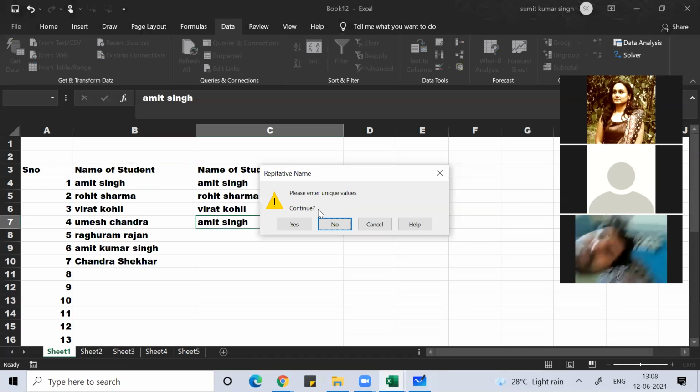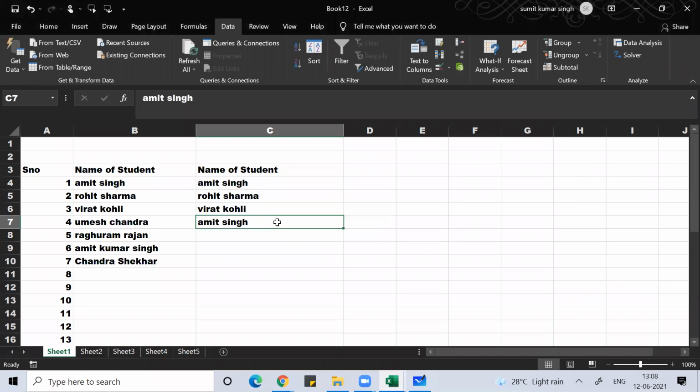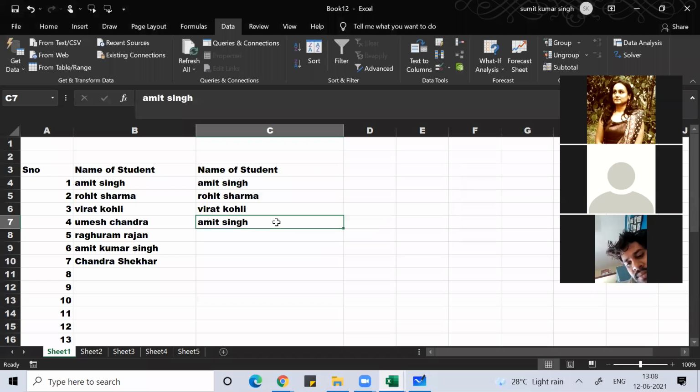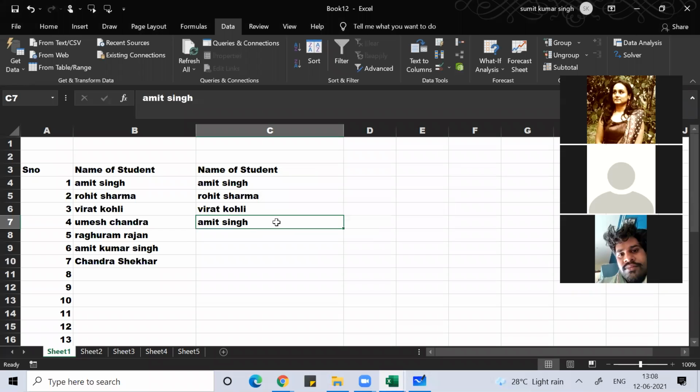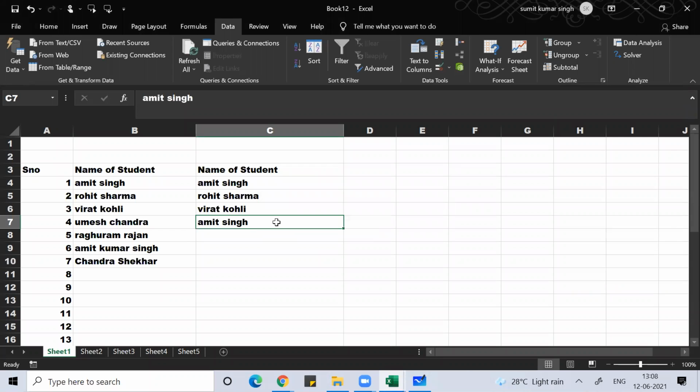Please enter unique values. I hope you understood, right? So this will make sure that you should not put repetitive values. Clear, everyone? Anyone, any doubt?